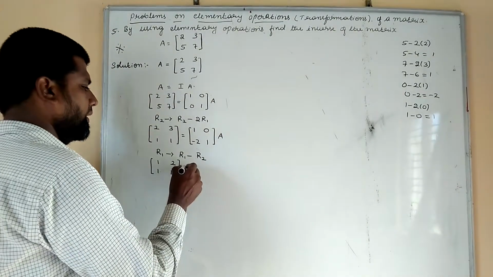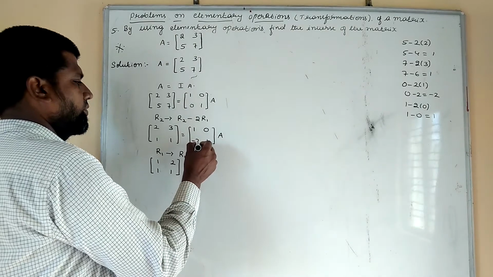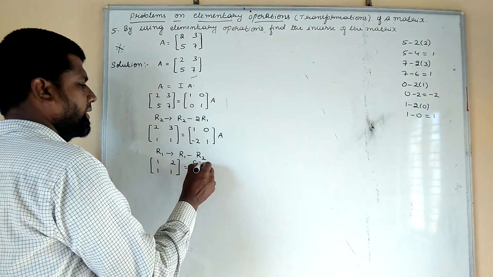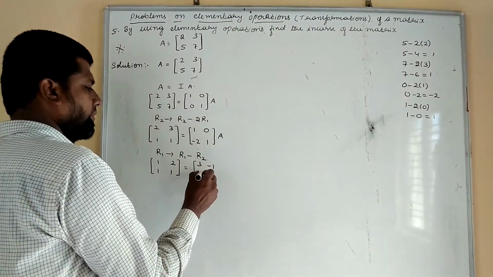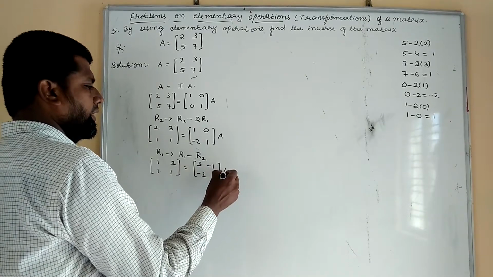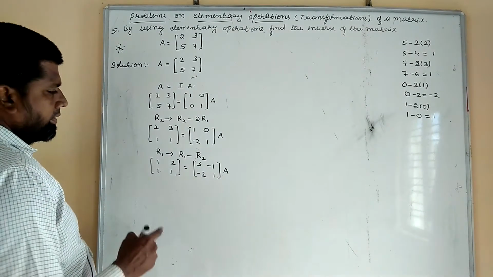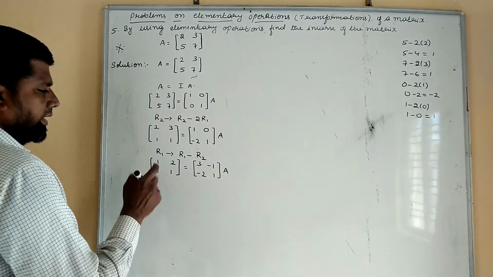So again, let us go for this one. Here 1 minus of minus 2 means minus into minus is plus. Here 3 becomes 0 minus 1, which means minus 1. So minus 2, 1 we got. Now let us change here, so that you should get the 0.